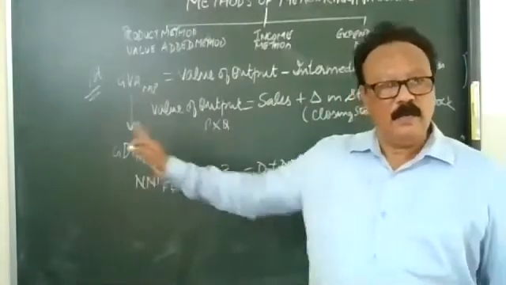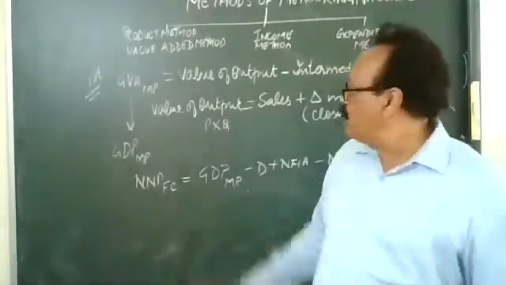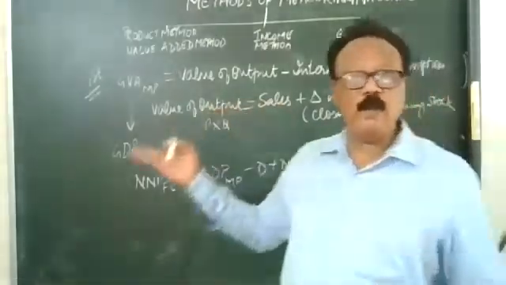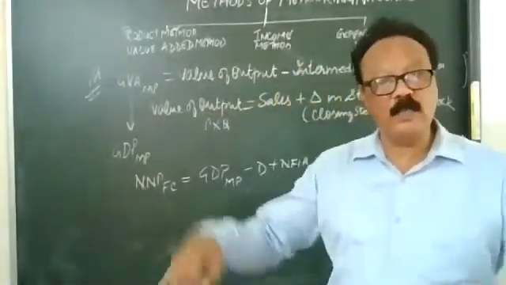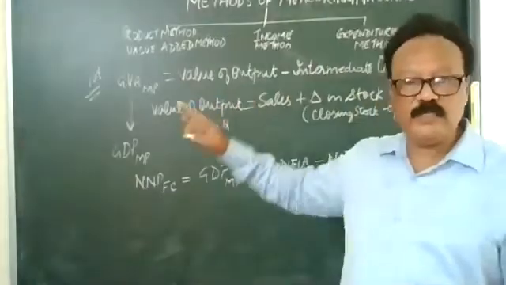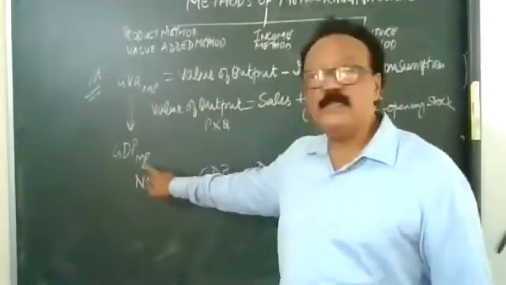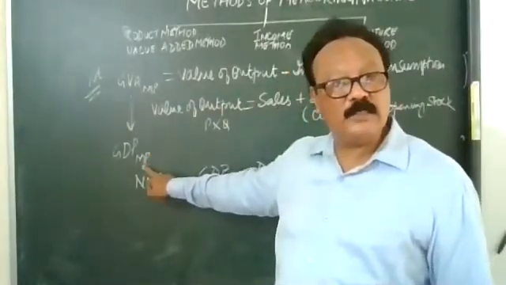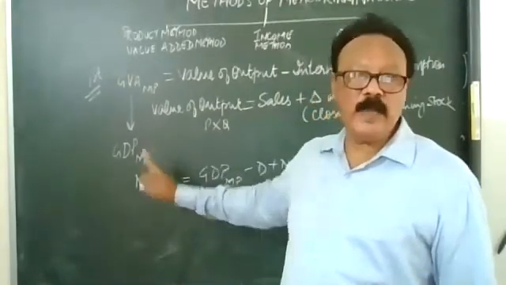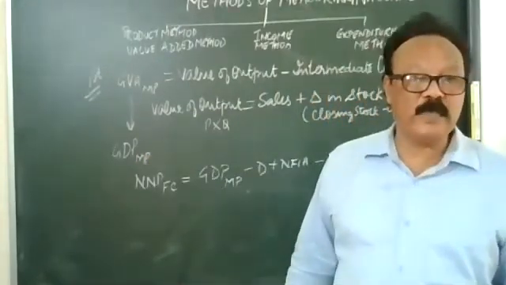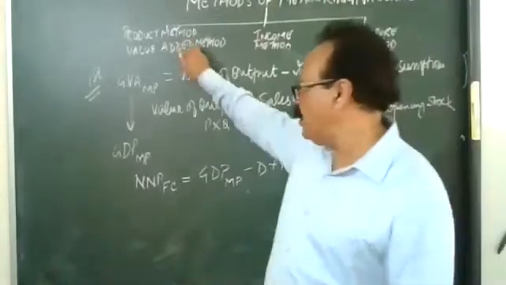Here, in an economy, in an accounting year, what is happening? The money value of all the goods and services produced by all the main sectors, with the changes. So GVA is nothing else but GDP at market price. So once we have GDP at market price, what are we supposed to calculate? The national income using this method.